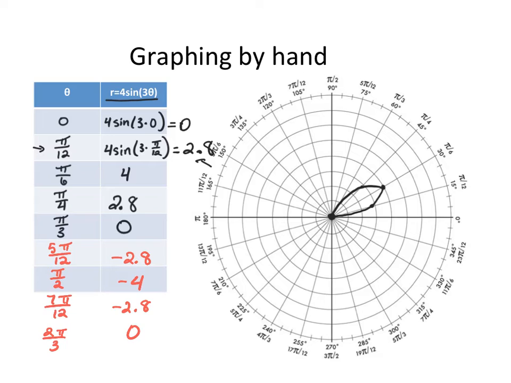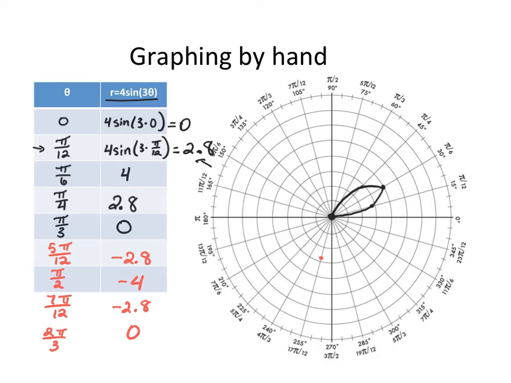So the theta values that I picked, again going in counterclockwise order, was 5 pi over 12, has a radius of negative 2.8. So because it's a negative radius, even though I'm facing 5 pi over 12, I'm walking backwards. You can think of this as actually walking towards 17 pi over 12, and we're going to do that to